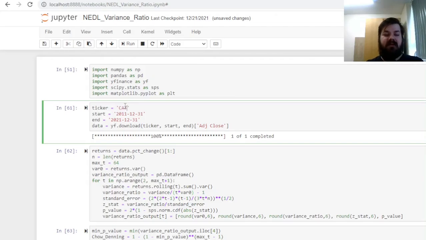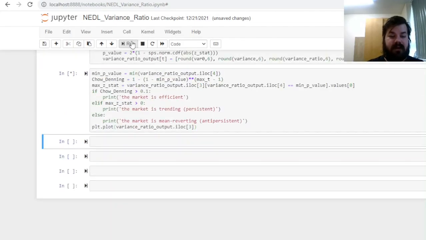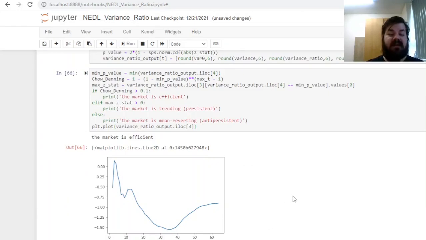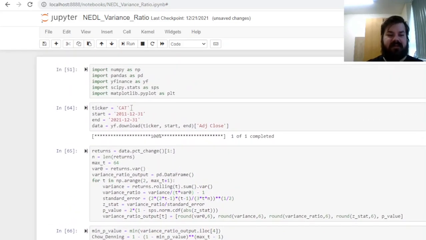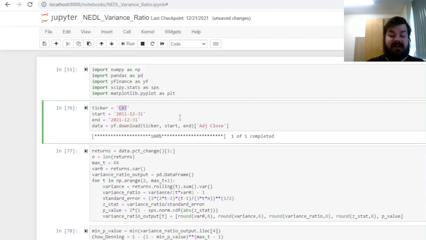Then we can look at some other well-established stock like Caterpillar and conclude that for Caterpillar, the market is efficient. We have got the lowest of our z-stats that hints towards anti-persistence, if anything, around 35 days over here. However, the deviations from zero are quite small, and accounting for multiple testing as well, we conclude that Caterpillar is indeed an efficient market, which is, again, not necessarily that surprising given how well established and mature the market is for Caterpillar. And if we input some other stock, like Boeing,